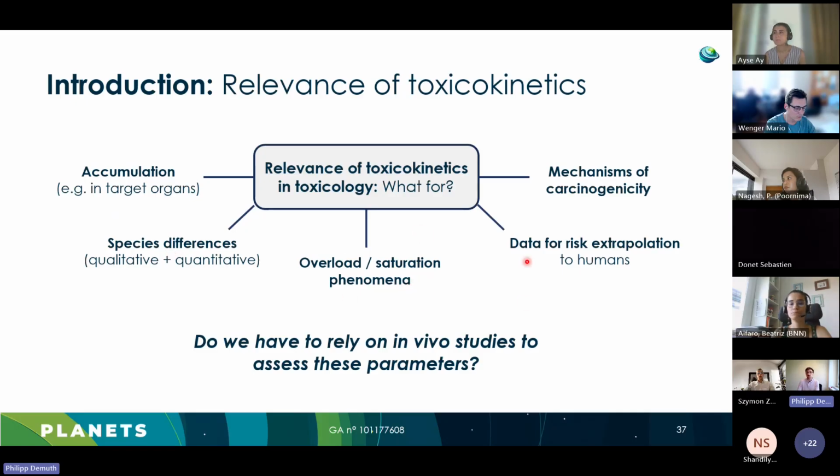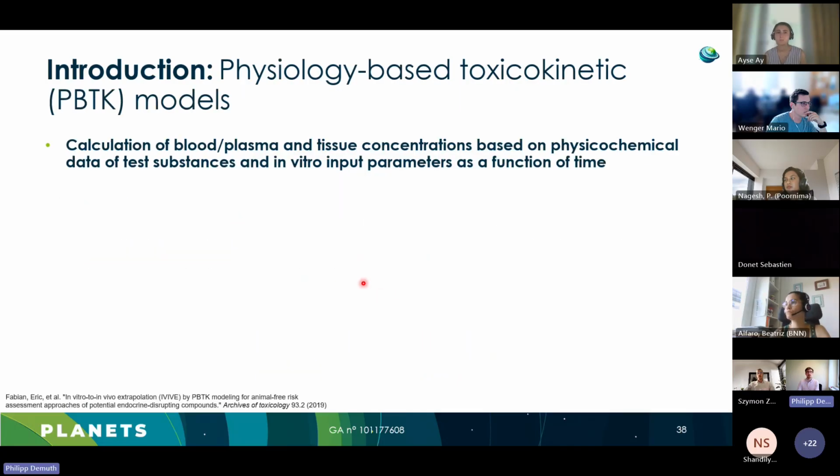And one important aspect, I think also within this project, is the data that is used for risk extrapolation to humans, especially when it comes to in vitro or in silico results. And the big question is, to which degree do we have to rely on in vivo studies to assess these parameters? And here's where PBPK models come into play. So PBPK models